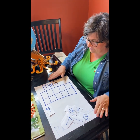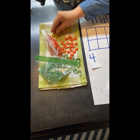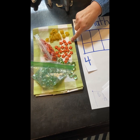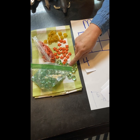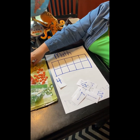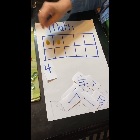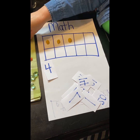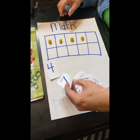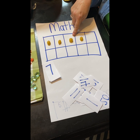You can find anything around your house that you want to use for counting. If you look over here on my little towel, I found some macaroni noodles that look like shells. I found some little erasers that look like starfish, and I found just some marbles. You can use anything. So we're gonna find our number 4, and then we're gonna go to our math mat, and we're gonna lay out 1, 2, 3, 4. Just like that. You can choose another number. 1, 2, 3, 4,